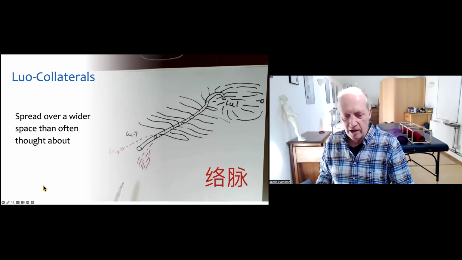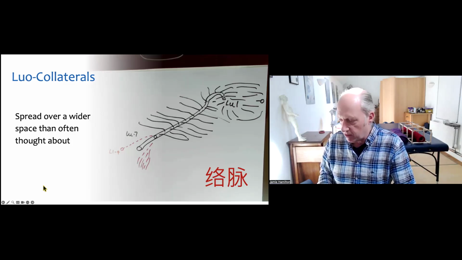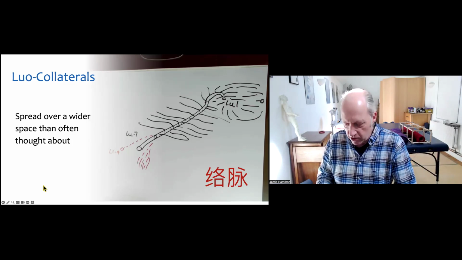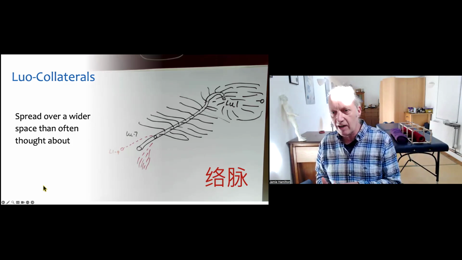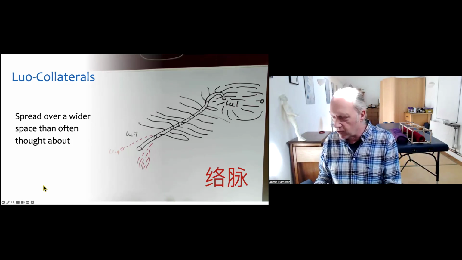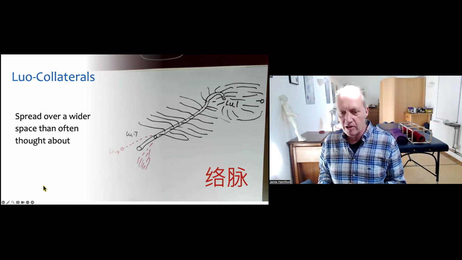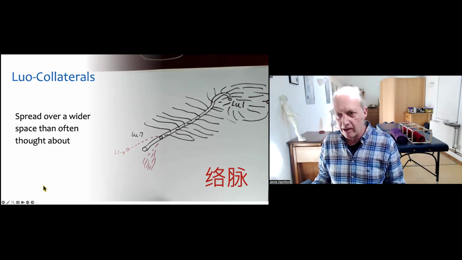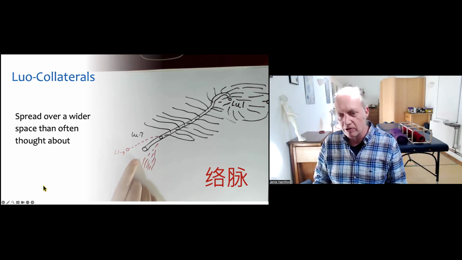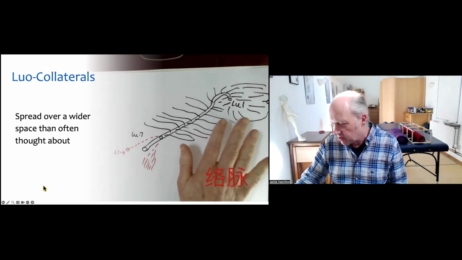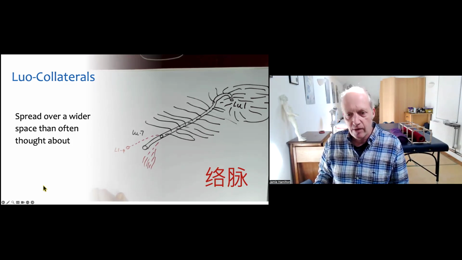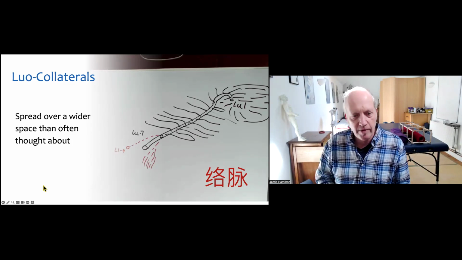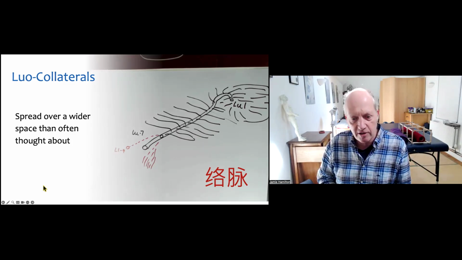This is a good theory. Many of the descriptions in the classics do have this idea of going up the whole channel, but some of them don't. I've chosen to illustrate this with lung because lung is a good example of one that has not got this wider mesh kind of description in the Neijing. So any questions about that? It's maybe a slightly different image to what you might have seen.